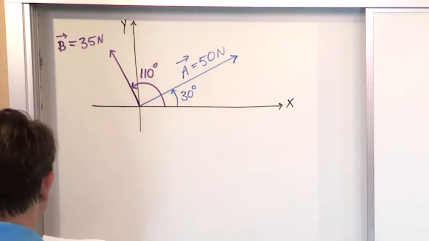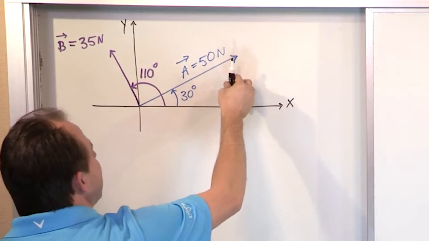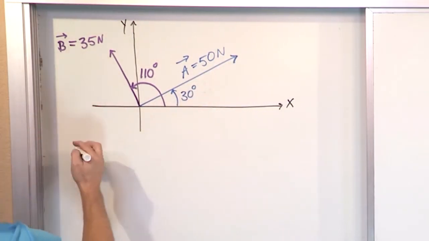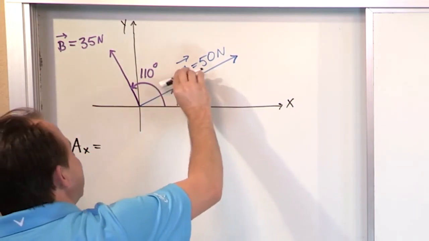So now is a good time to flex your muscles on understanding that trig. You know, I'm not going to draw it here, but you know there's a y component of A and there's an x component of A. And we've done this enough where you should know by now that the x component of A is the magnitude 50